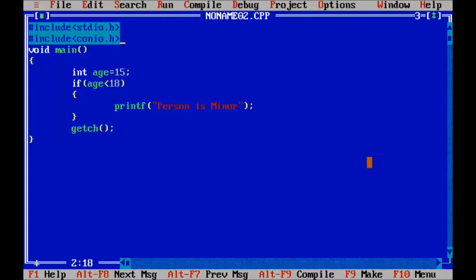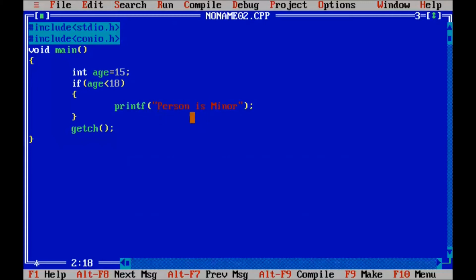Okay, so "person is minor" because we assigned age equal to 15. Here the if checks the condition: age contains 15, so 15 less than 18, which means the condition is true. So the printf function will be executed.